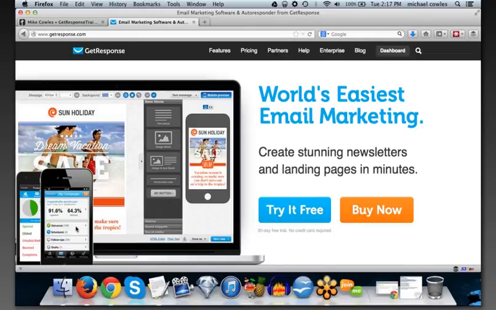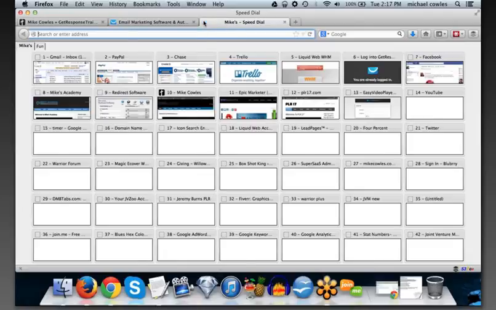I can create a new email and send it out, all on my phone, and it's really easy because it's optimized for the iPhone. Whether you're on an iPhone or an Android, doesn't matter. My point is, it's mobile responsive. So very cool.